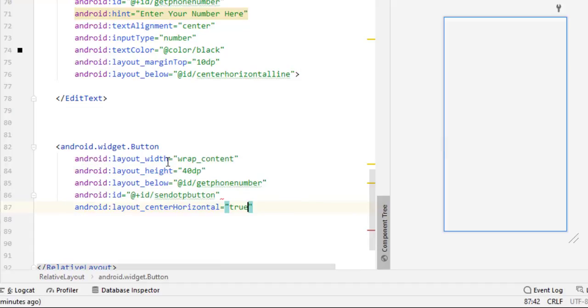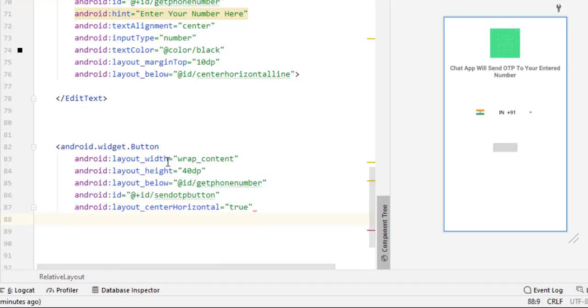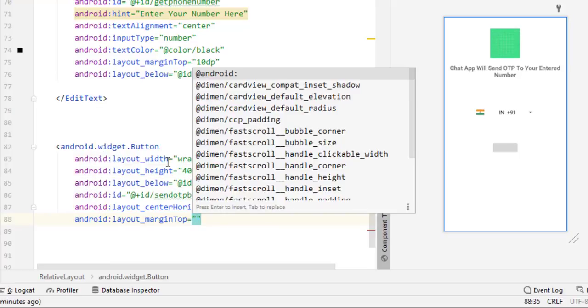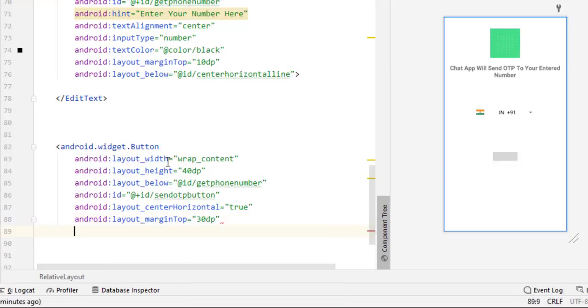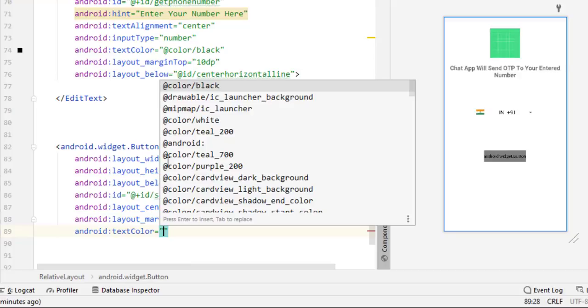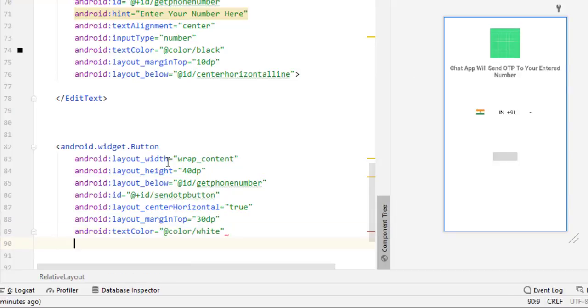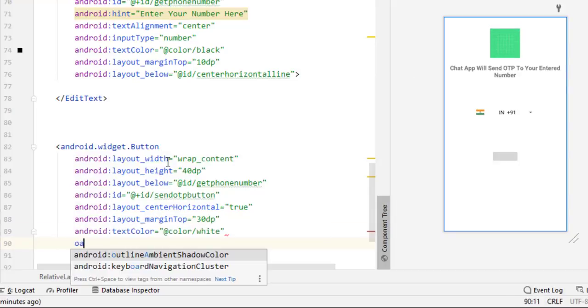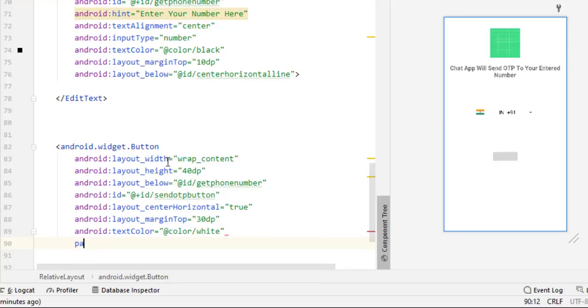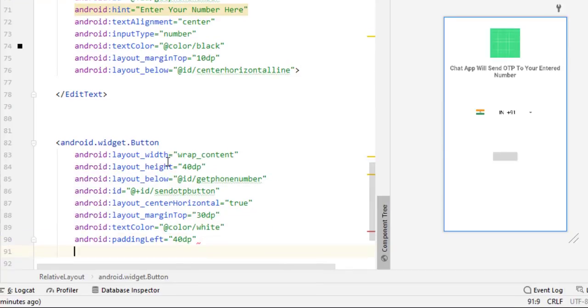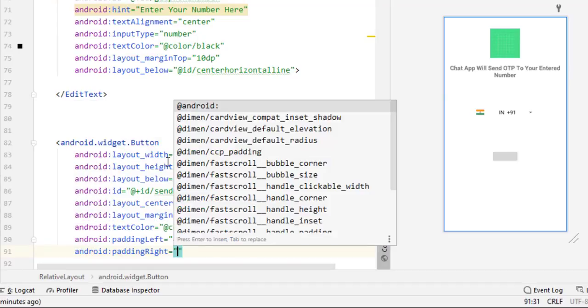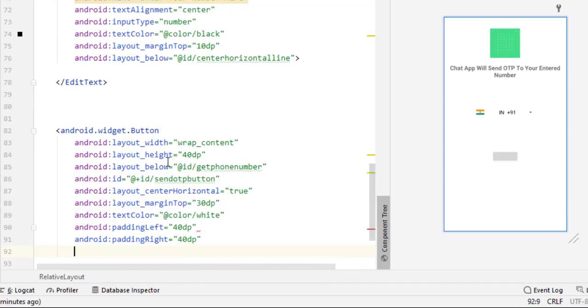Now you have to type here center horizontal pass through, and after this you have to give any margin top 30 dp is fine, and text color which you want, so I set text color white. Now you have to type here padding left 40 dp, and also give the padding right 40 dp.